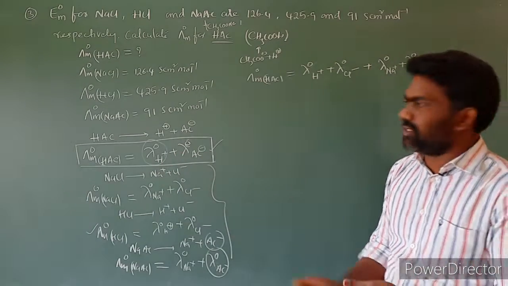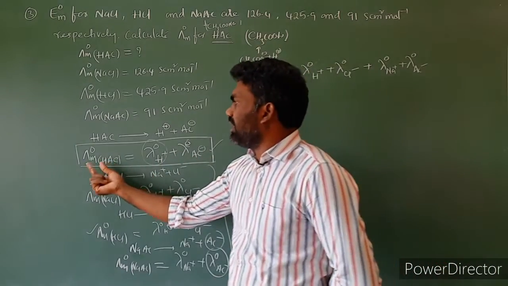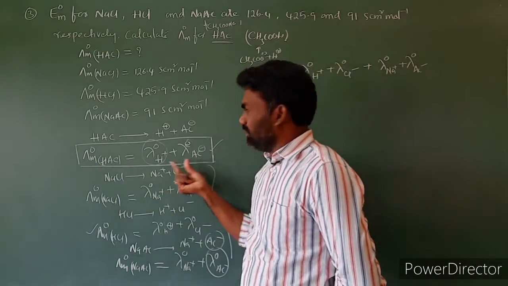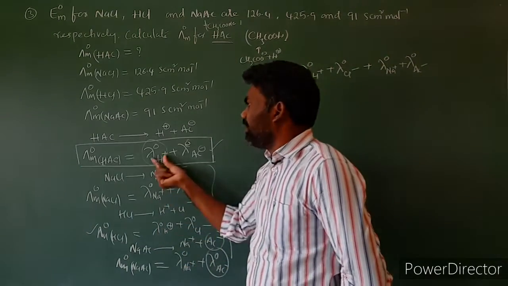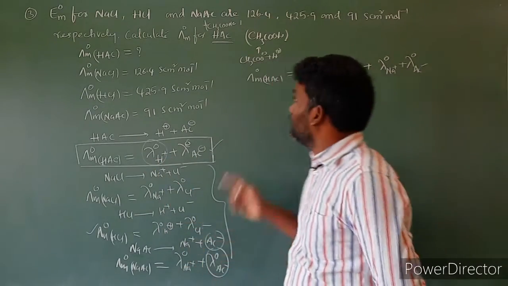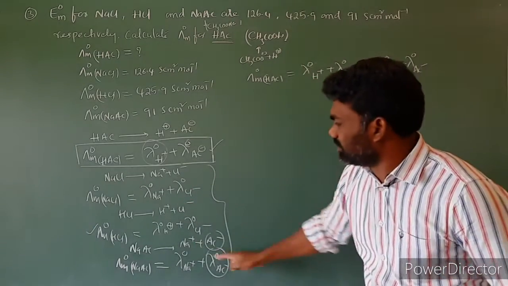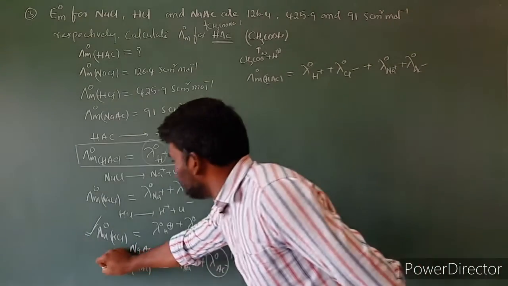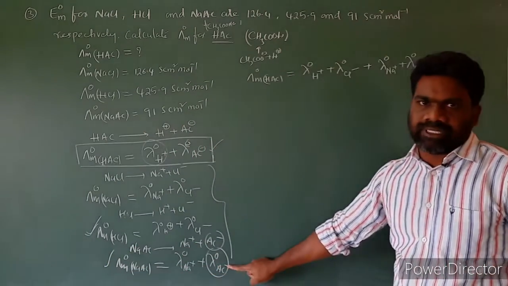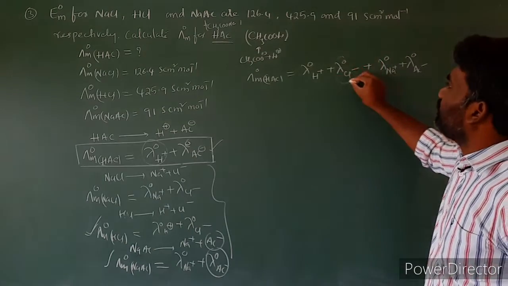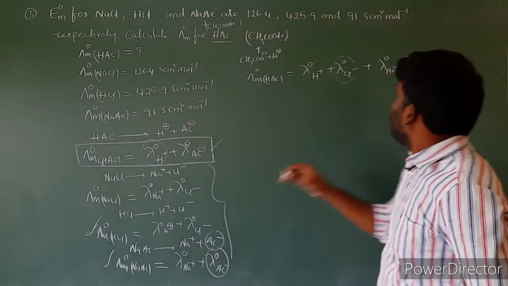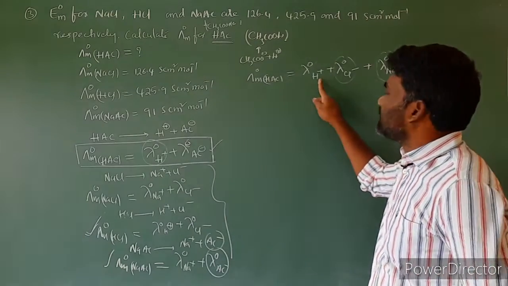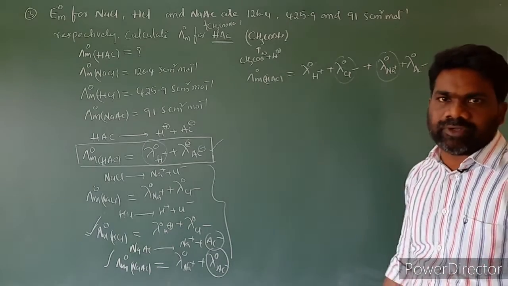We are solving this problem based on this equation. So we are finding the limiting molar conductivity of HAC. HAC consists of H plus and AC minus. So we arrange these equations so that finally we get this equation. First I got H plus from the HCl equation. From this equation I got lambda naught AC minus. And Cl minus is not required, because Cl minus is not there, and Na plus is not required. The limiting molar conductivity of Cl minus and of Na plus is not required. So we have to remove them.